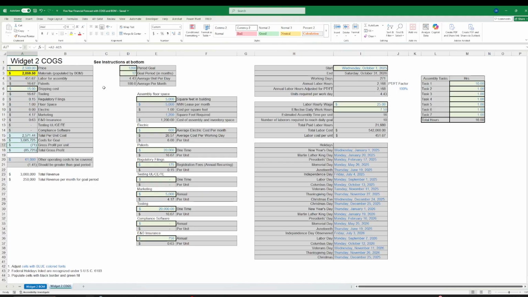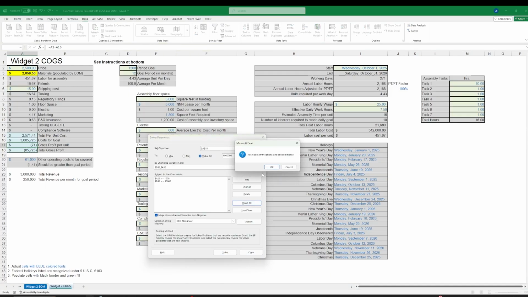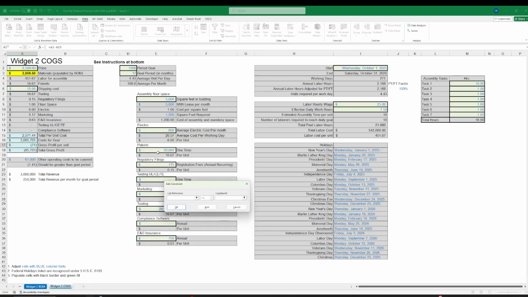What you can do is go to your gross profit per unit, and in the data tab, you click on the solver. Let's reset all that. We're going to set objective of A17 to a value of, let's say we want to make 100,000, by changing the variable cells of price and task 1. We're going to do subject to constraints. It's going to be